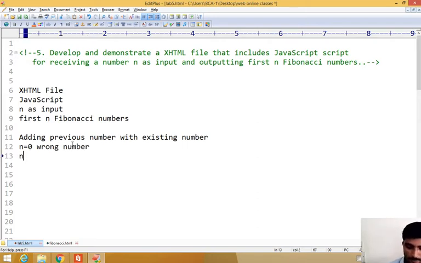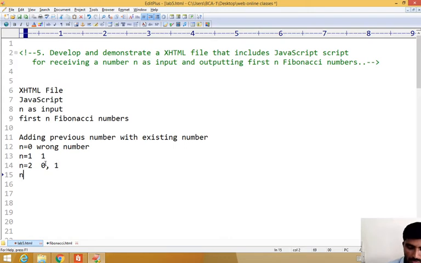If you enter n equal to 1, the Fibonacci number is 1. If you enter n equal to 2, it gives two numbers, the previous numbers 0 and 1, so it gives 0, 1.